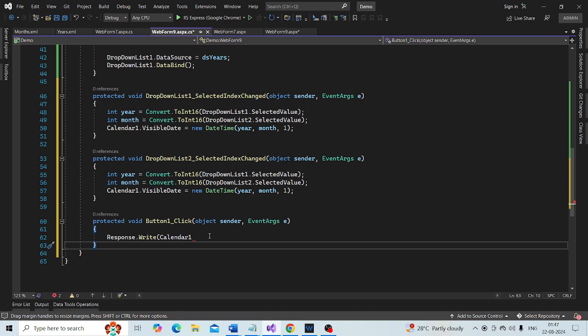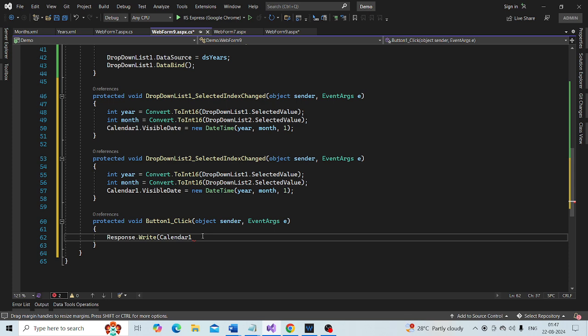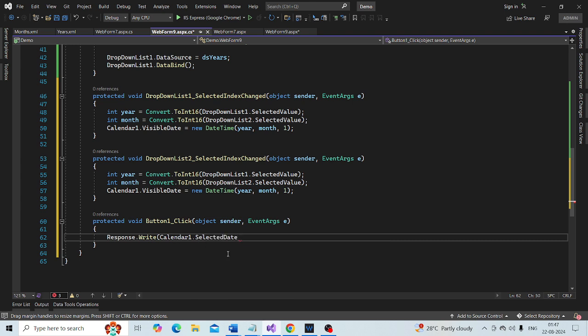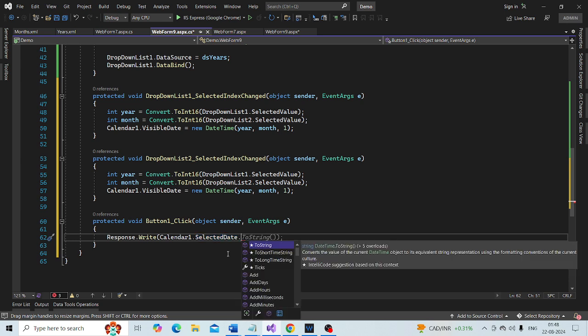Response.Write calendar 1. How do we get the selected date? Using the SelectedDate property, and I want to convert that to a short date string.